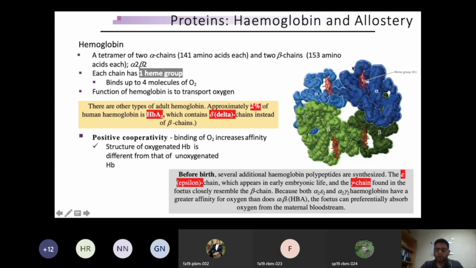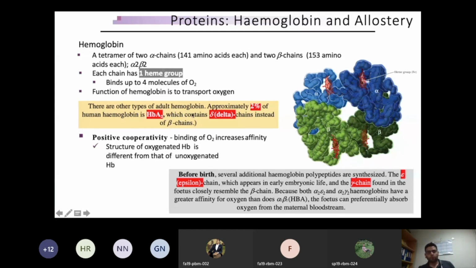We have already seen that a heme is a porphyrin ring made up of different pyrrole rings, with an iron atom present at the center. This is a heme group. Each of these oligomeric subunits is bound with a heme group, and that means each of these could be bound to oxygen. Hemoglobin has 4 oxygen binding sites, so that means it can go through quite a bit of allosteric change.